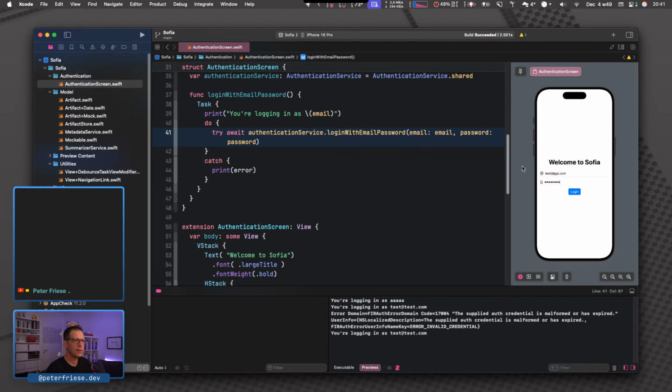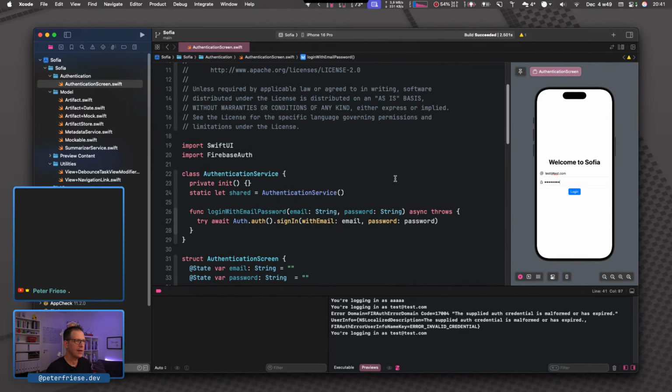And now we probably need to hook this up. And also, we need to track the login state, right? So we want to know, is the user logged in or not? Because there needs to be a state in our UI so that we can tell the user, hey, nobody's logged in, you need to log in. Or if they are logged in, we need to be able to show them that.